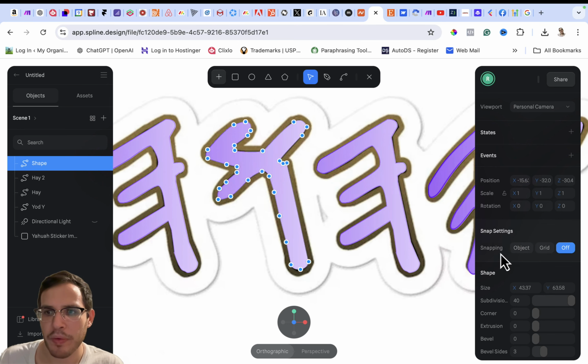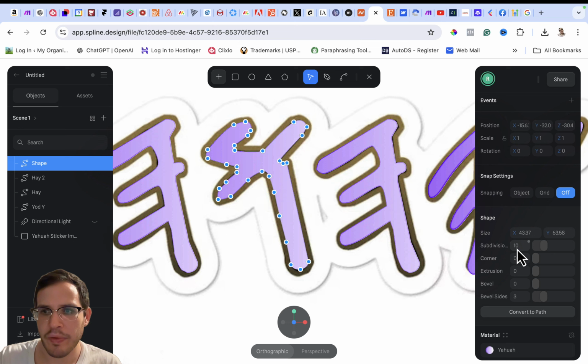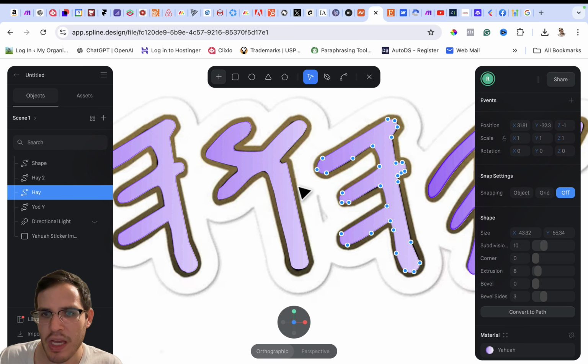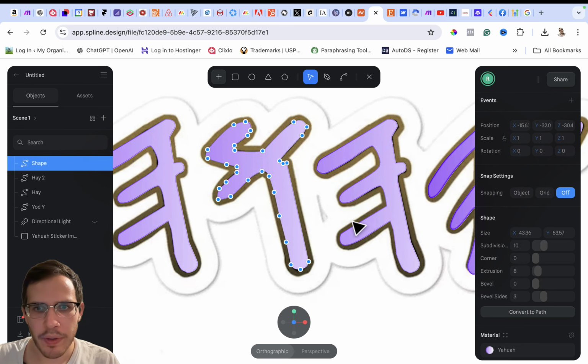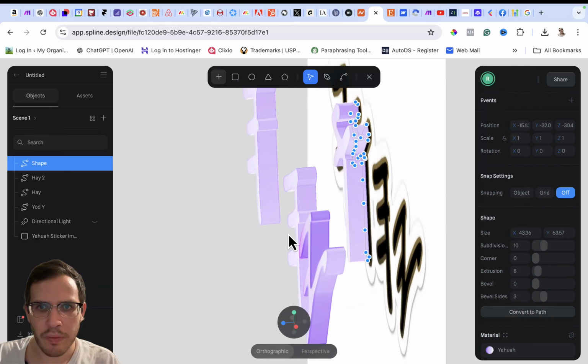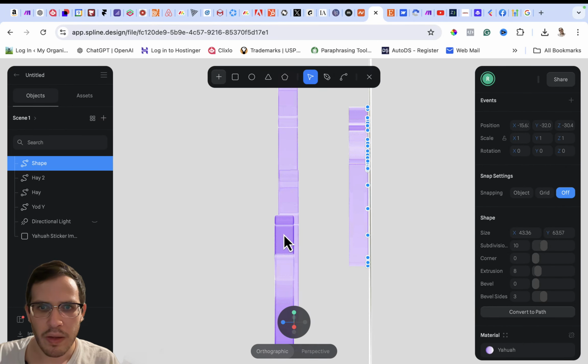I kind of remember what we added. So this is going to be 10 subdivision. We're going to add, what, 8 to extrude? Yeah, it's 8. Awesome. So these are made already. And we're going to go and turn it around, and we're going to move this one forward. So we could always push them back, but since we're already here, this is going to be the